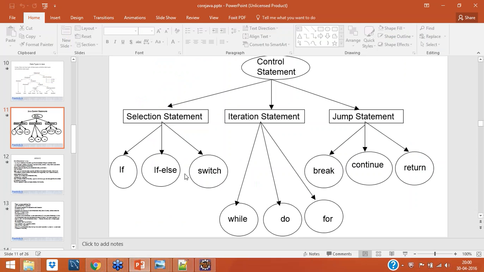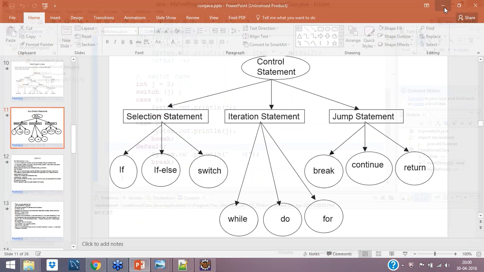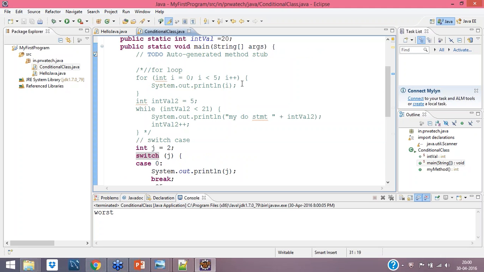So we covered if else, if, switch, while, do, for, break. Break is used in switch. Continue you can use in, let's say, this for loop. I am having some condition: if i is not equal to 5, then continue; if i is equal to 5, then don't continue. Inside a for loop you can put this. You can use continue inside a for loop or any loop.